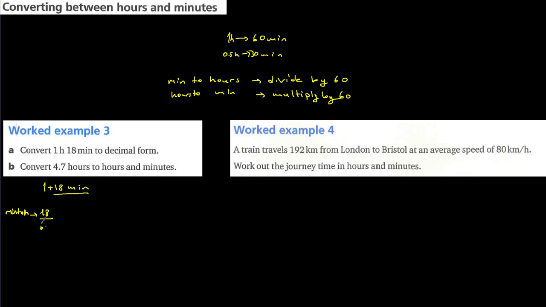Okay, 18 divided by 60, which is equal to, both divisible by 6. If you divide by 6, this is going to be 3, this is going to be 10. So that's 3 over 10, and 3 over 10 is 0.3 hour. So 1 plus 0.3 hour, and it's equal to 1.3 hours